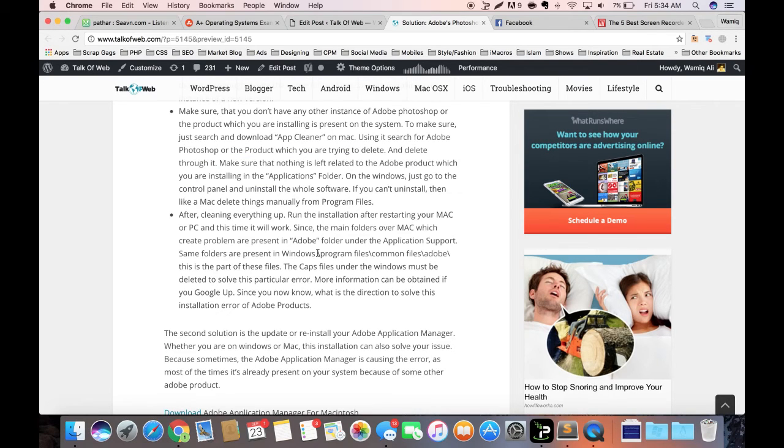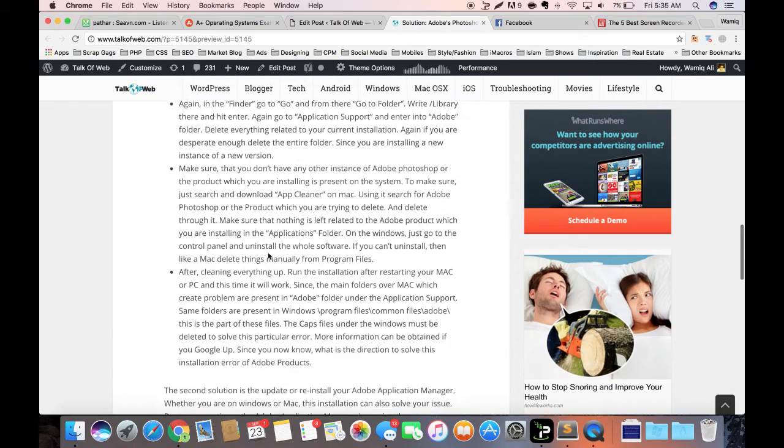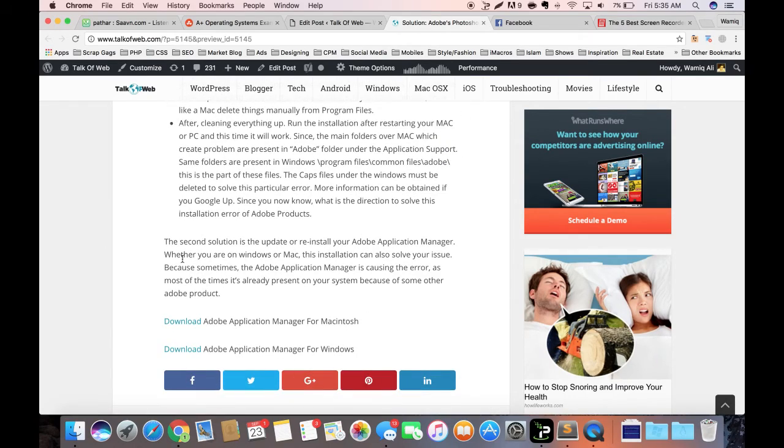Now when it comes to Windows, you can actually solve this installation error by going to Program Files, Common Files, and Adobe, and in there is a caps folder. Just make sure that you delete the files in the caps folder, and your error will be resolved. Ultimately, you can also delete the complete Adobe folder in the Common Files and see if the installation works. So these are some workarounds. There is no hard and fast rule to solve the problem, but these will actually help you get into some